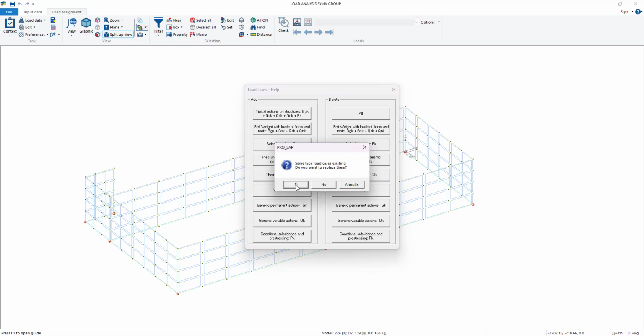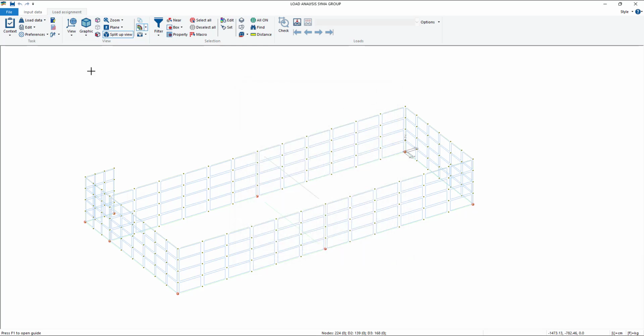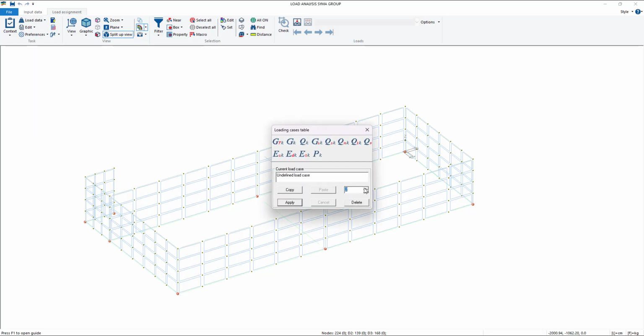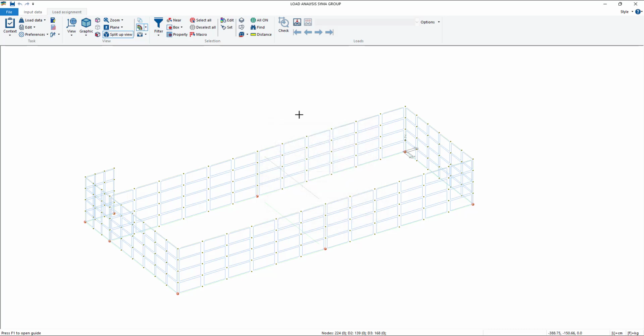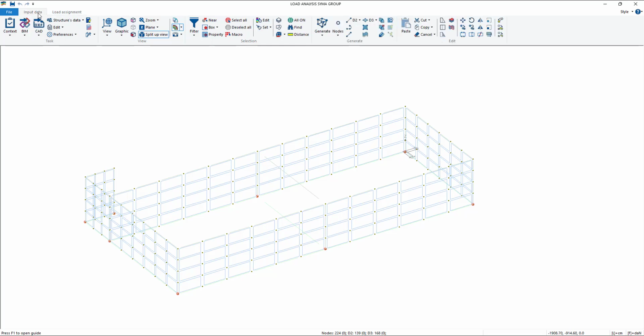We can say yes to replace. It should ask if we want to use the dynamic seismic actions. So, okay, let's check load cases. We already have one. I think this could be because we have a wrong setting.